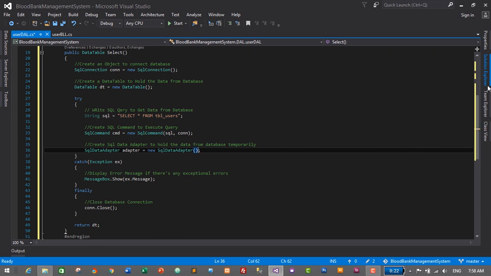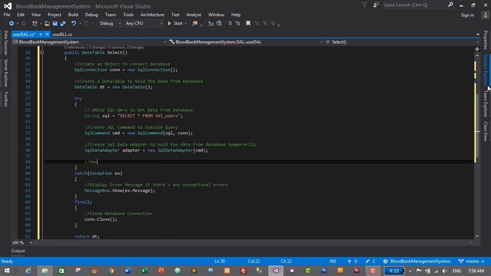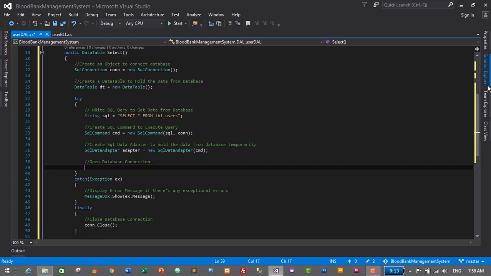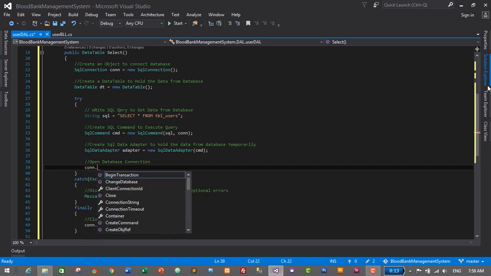And here we need to pass SQL command, which is cmd, that's it. Now let's open database connection. Connection.open,